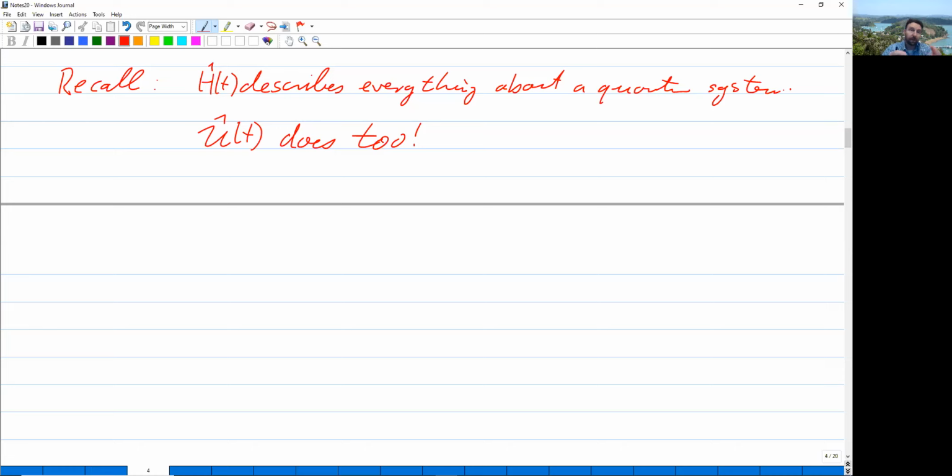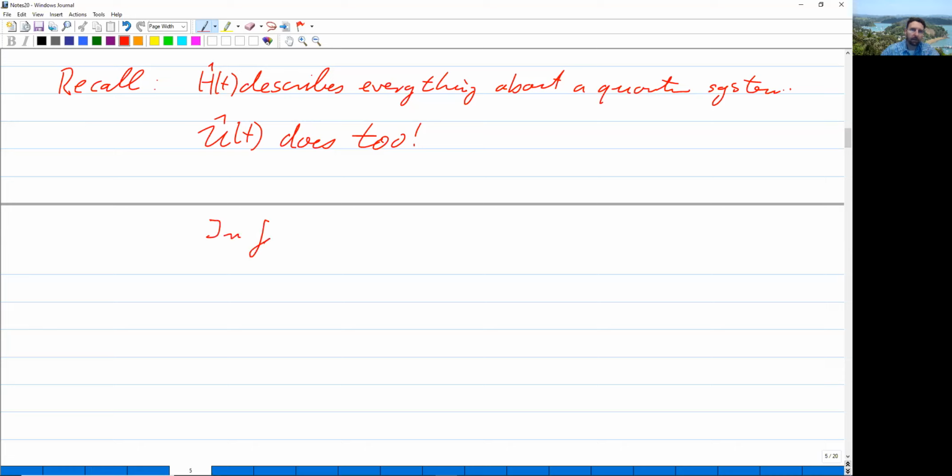And now this operator U hat of t, the time evolution operator, comes along, and it seems to be so powerful because it describes the evolution of all observables. It turns out the time evolution operator is exactly as powerful as h hat is, because from h hat of t, we can calculate u hat of t, but knowing u hat of t, we can also reconstruct what h hat of t is. So the claim is,